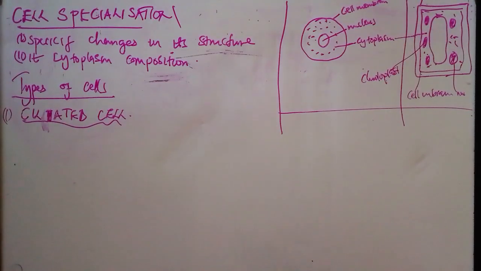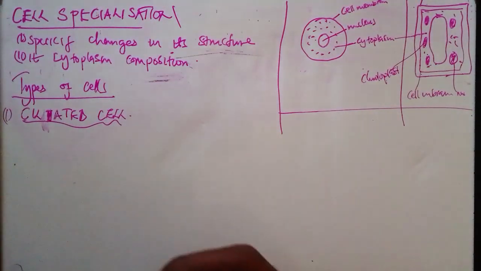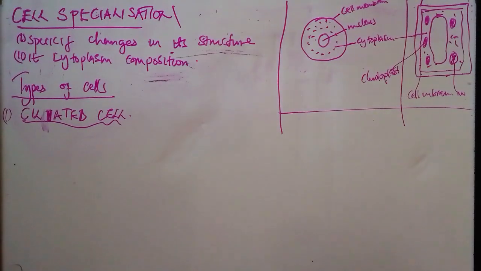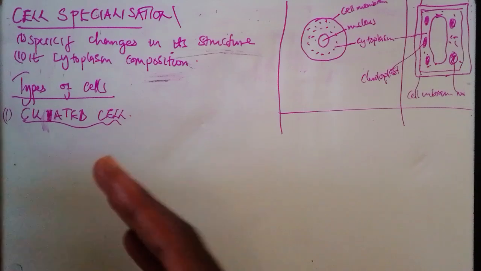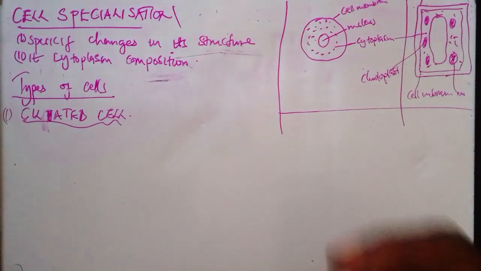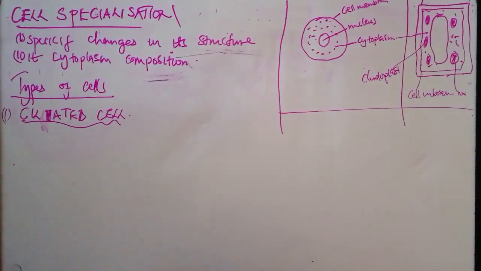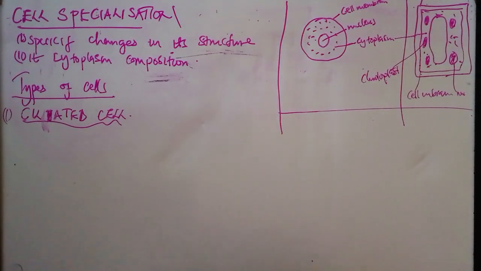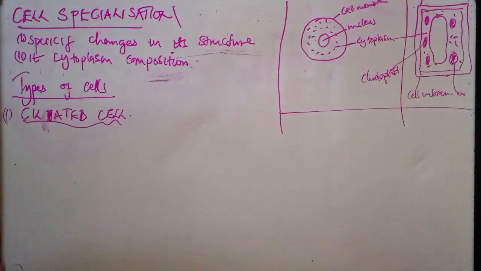Our first cell is a ciliated cell, a type of animal cell. First, we look at the changes which differ it from a normal animal cell. The only difference which this ciliated cell has is the presence of